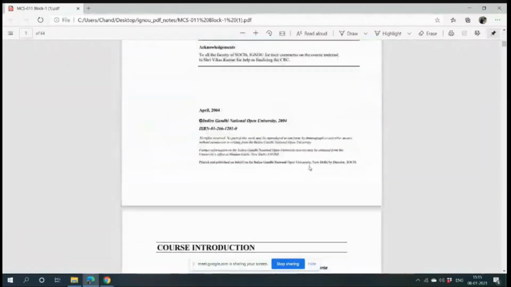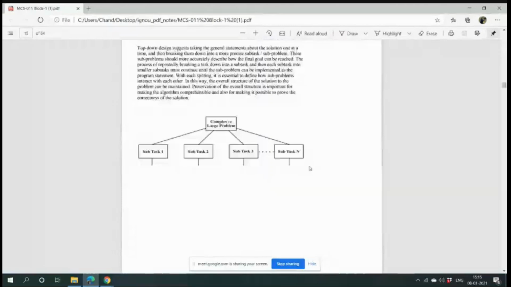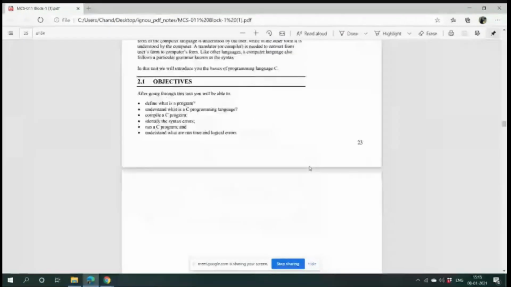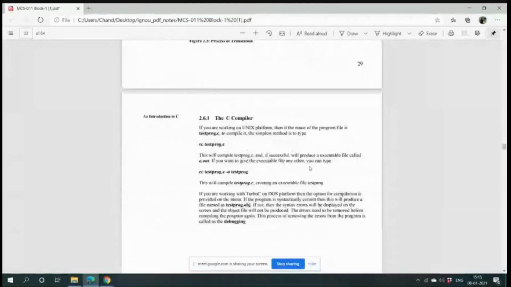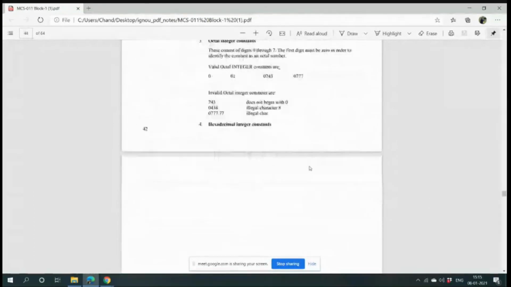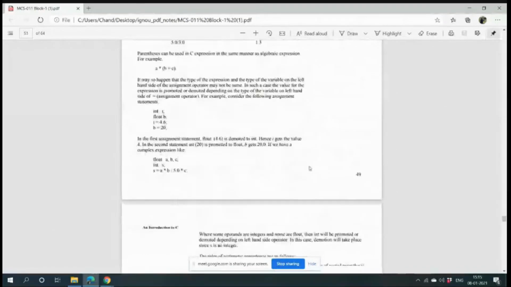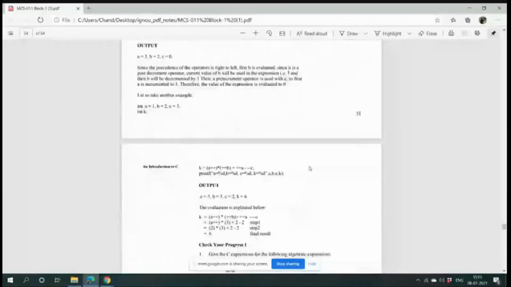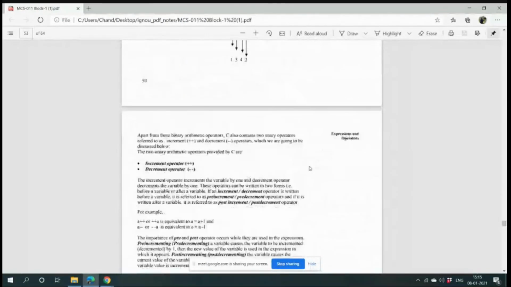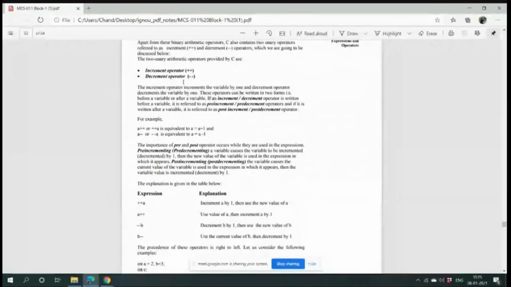The last thing that remains is the prefix and postfix operators. These are unary operators: one is the increment operator, one is the decrement operator.